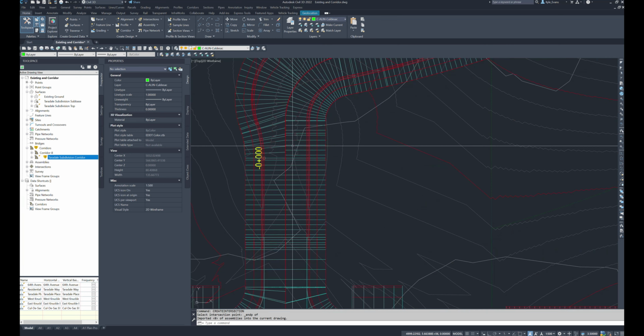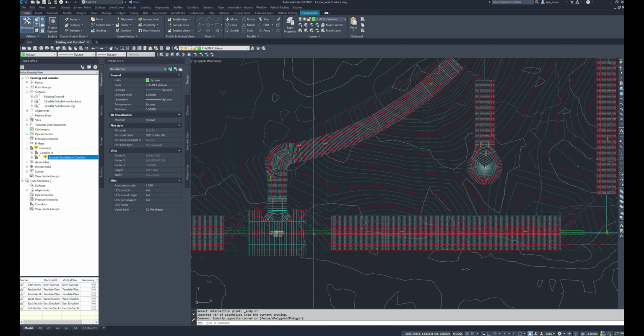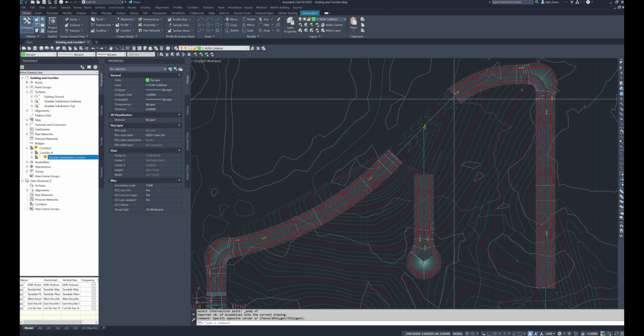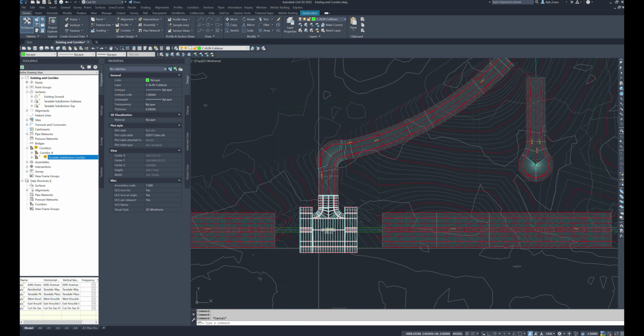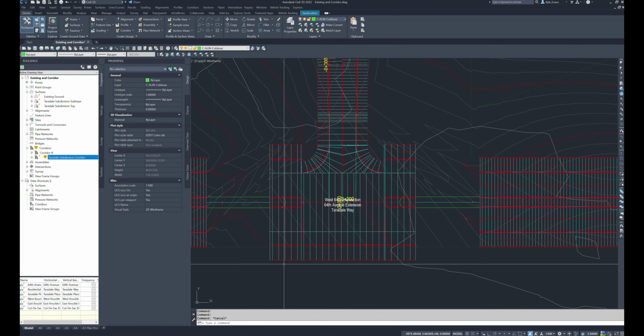Thankfully, they have fixed some of the targeting related issues from previous versions of Civil 3D, and even from a video I did 2.5 or 3 months ago about a 3 and 4 center curve in your corridor. Civil 3D used to stretch the sidewalk all the way to the other side of your design. So the sidewalk would stretch up to this alignment and target this alignment. Now, the targeting is mostly correct because